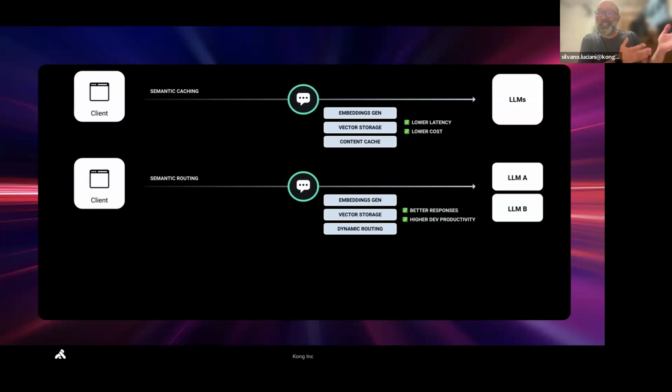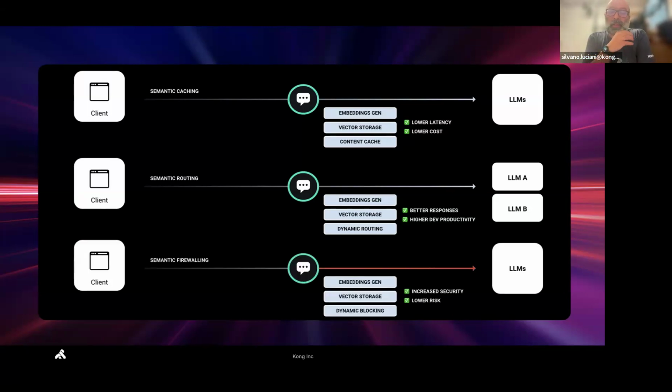where basically, same thing, you try to understand what is the intention of the user. If it's a more generic question, route it to the LLM. If it's a question that is more specific to my domain, route it to my self-hosted model. And then,